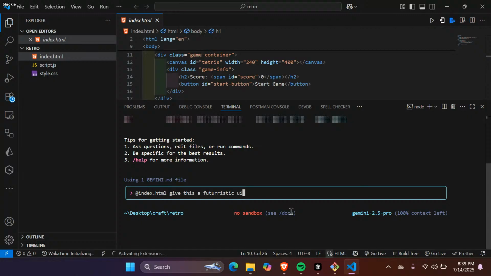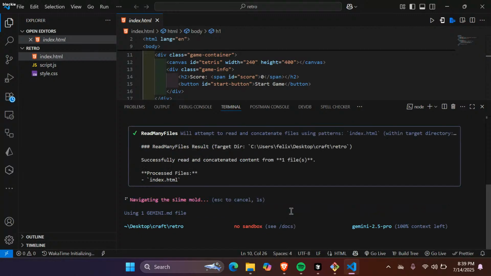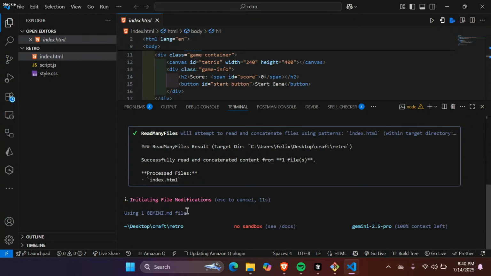Let me show you some best practice that I learned yesterday. Why is it not escaping? Okay.